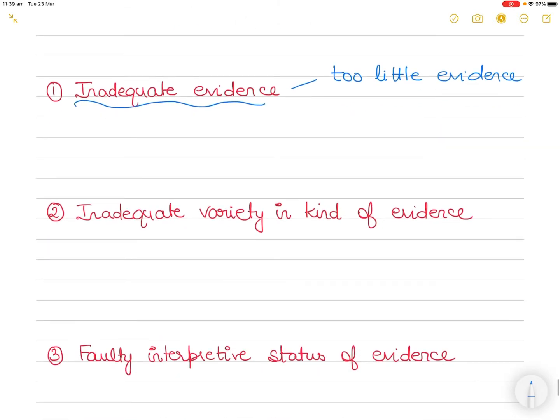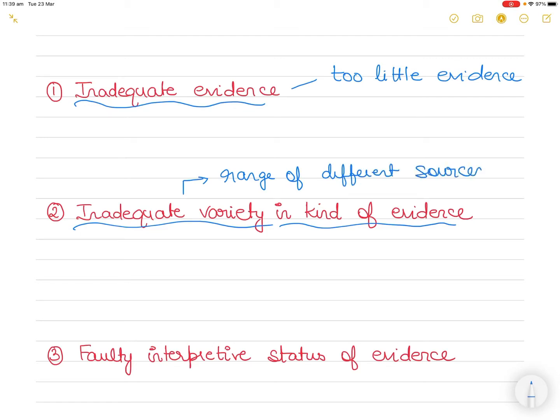The next one is, of course, inadequate variety in kinds of evidence. That means the researcher has failed to have evidence across a range of different sources. I'll give you some examples of what those sources could be. That could be that maybe you employed only one kind of source, whereas you could have employed direct observations, interviewing, site documents,